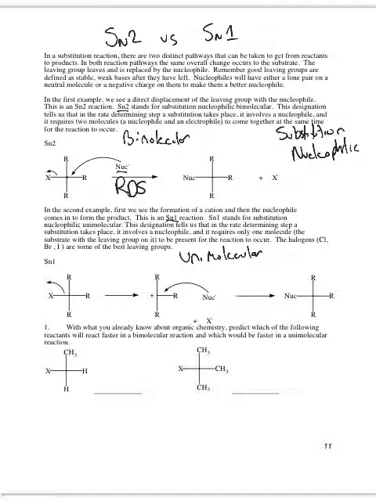And the difference is that in the bimolecular reaction, in the rate determining step, the nucleophile has to form a bond to the carbon with the leaving group. So the nucleophile has to attack the carbon, kicking out the leaving group all in one step. So the nucleophile and the carbon with the leaving group have to come together in the rate determining step for it to be an SN2 mechanism. So there's one step to that mechanism, whereas in the SN1, the unimolecular reaction, the rate determining step is the loss of the leaving group to form the trigonal planar cation, and then the nucleophile adds to it